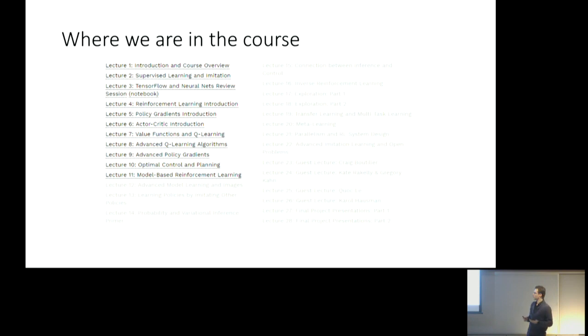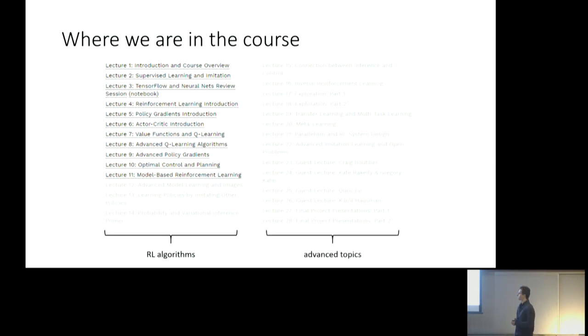Okay, so where are we in the class so far? We're right now at the halfway point. We're here in lecture 14, which is halfway through the class. The first half of the class was really focused on reinforcement learning algorithms. And as of last Wednesday, we finished that portion of the class, and we've given you the overview of the important reinforcement learning algorithms that we're going to teach you. The second half of the course is concerned with advanced topics. These advanced topics will include inverse reinforcement learning, inferring reward functions from demonstrations, exploration, a connection between probabilistic inference and control, transfer learning, meta-learning, parallelism, system design,